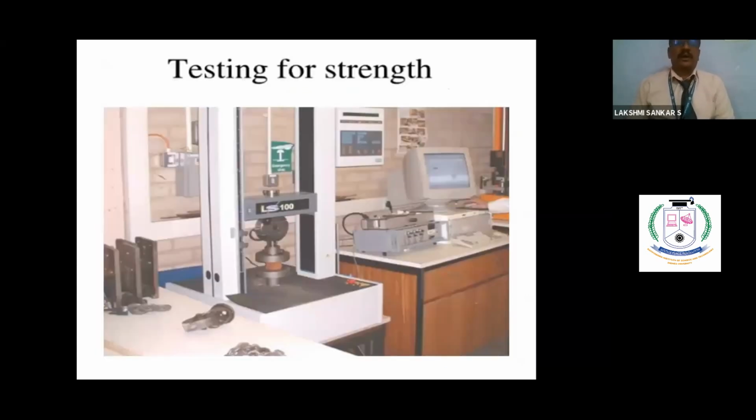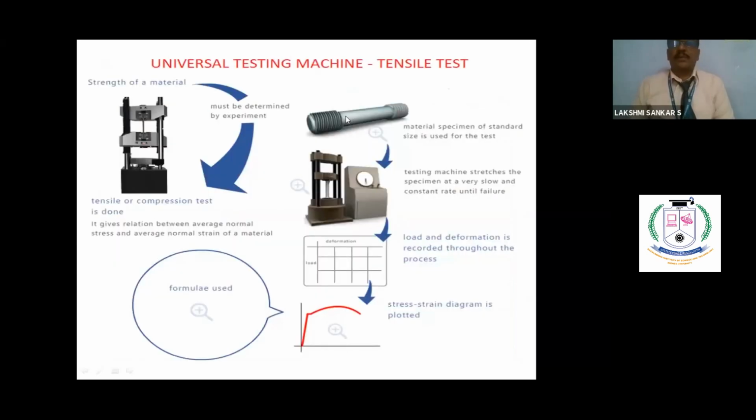Okay. And what is this machine? You would have done experiments in your strength of materials laboratory. So this is your tensile testing machine, a practical view. So this is the sample. The sample is, for example, mild steel. Mild steel is widely used for engineering constructions. So this particular one is made with respect to some specific dimensions, and it is loaded in the machine and pulled apart. When it is pulled apart, we study the load, deformation, etc. We try to plot the stress strain curve. This is what is happening in the tensile testing machine.